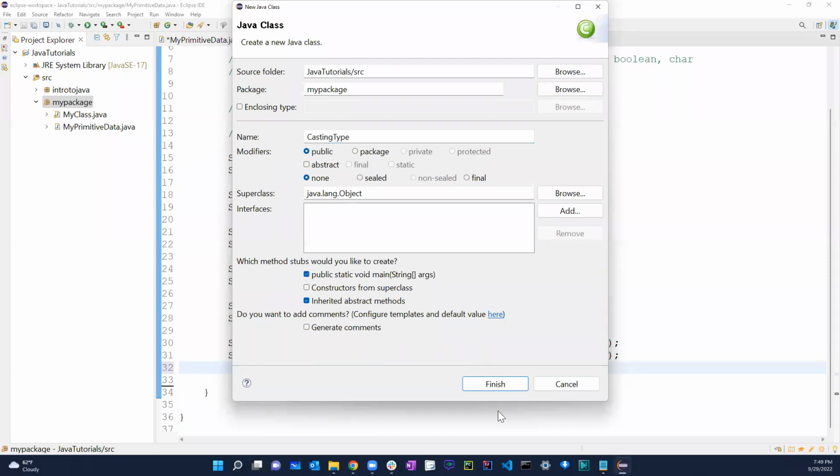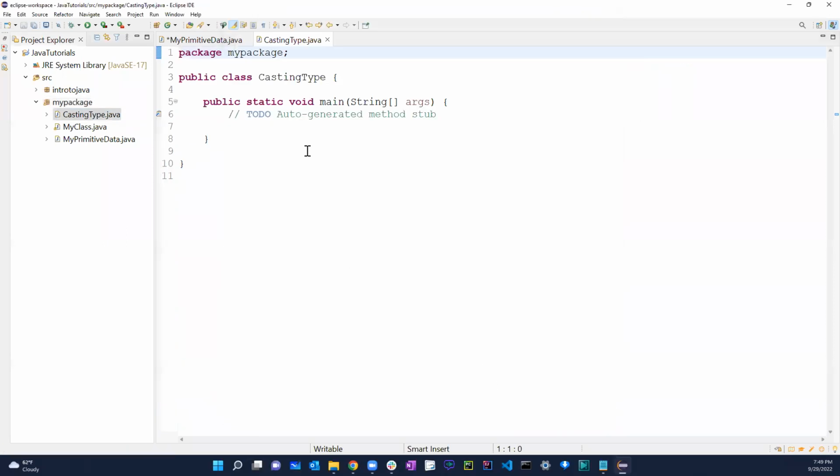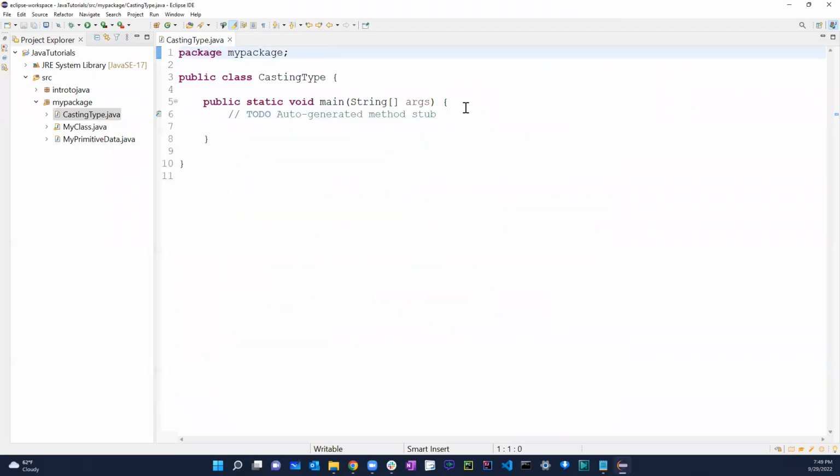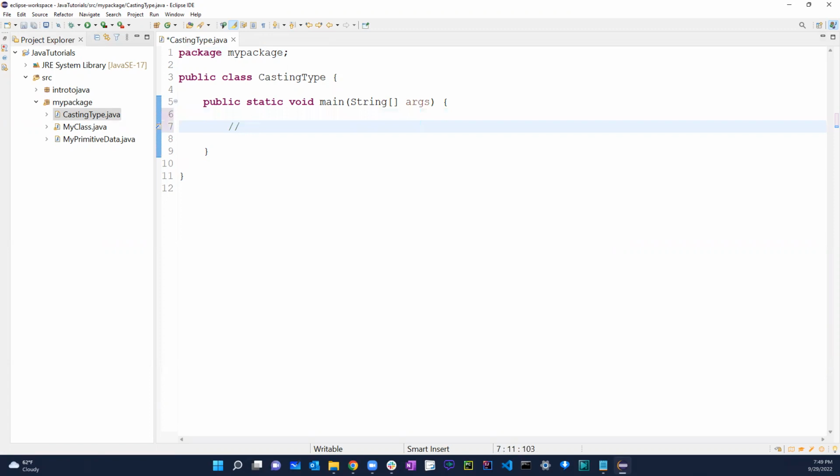Okay, we're gonna click on this. There you go, now I have this. Let me just close out this primitive data and delete that. So we are talking about today Java type casting, right? In this, we have